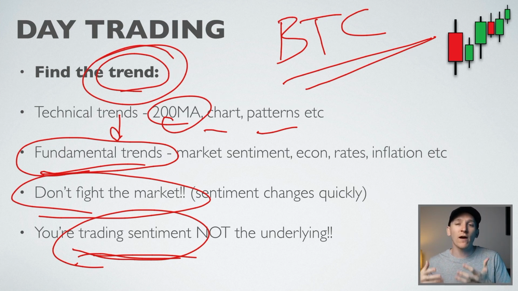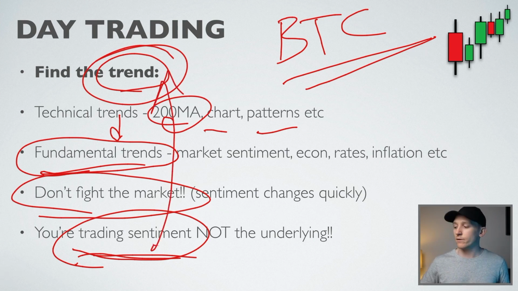And if you vaguely know this, then obviously you can identify the trend a little bit easier and trade with that trend, either to the upside or, if you think asset prices are going to be a little bit soft, to the downside. Once you've got some fundamentals in place, you know where the market is and where you think the market might go, based on the fundamentals, technicals,